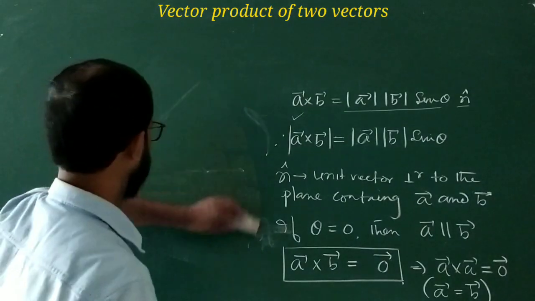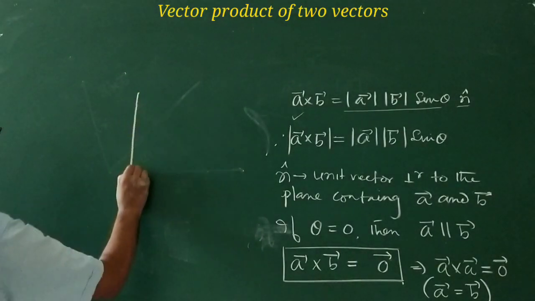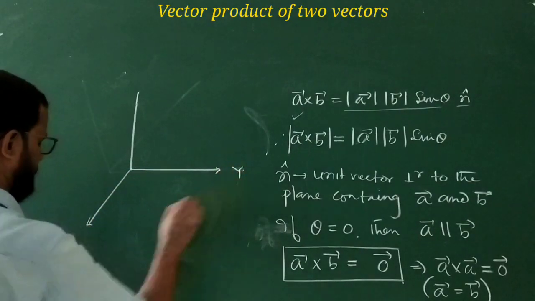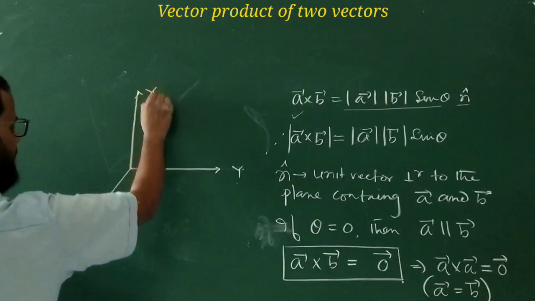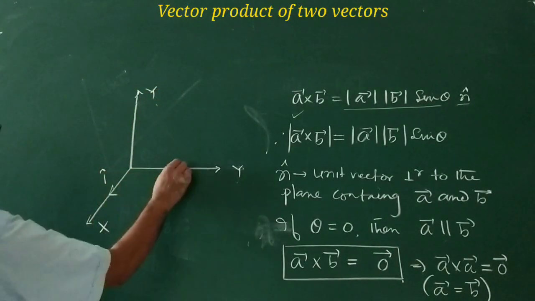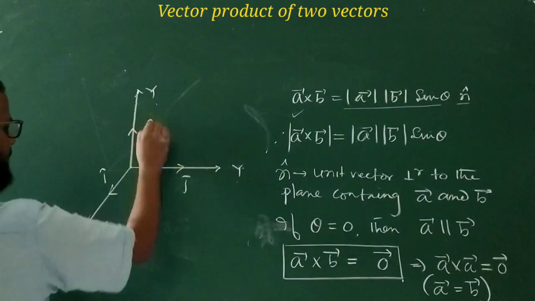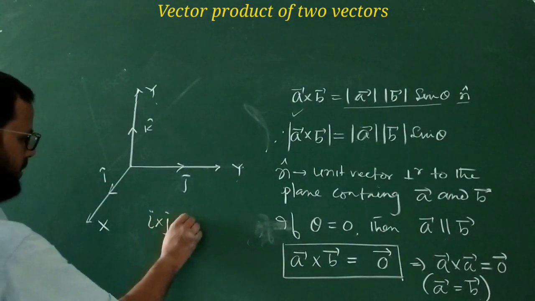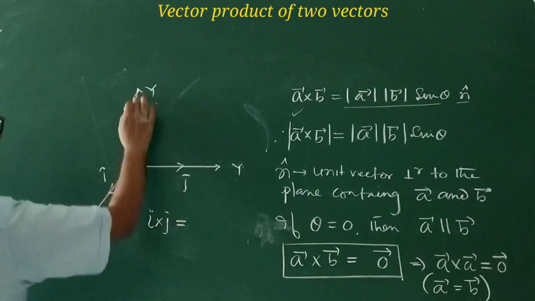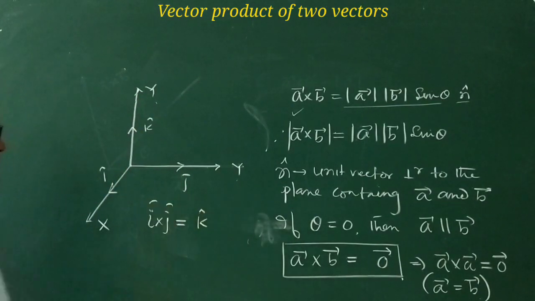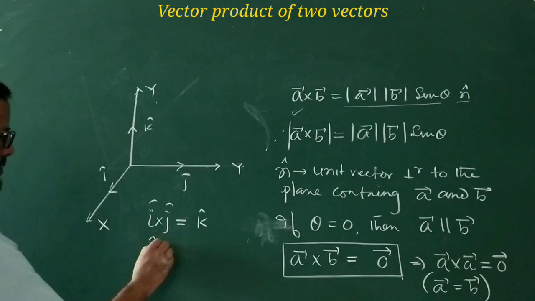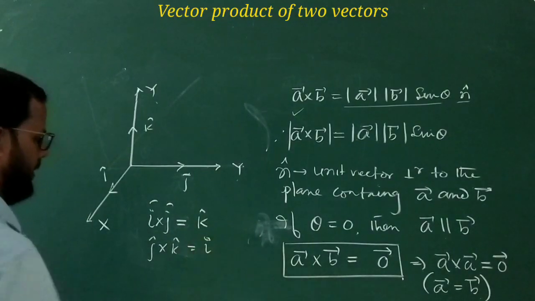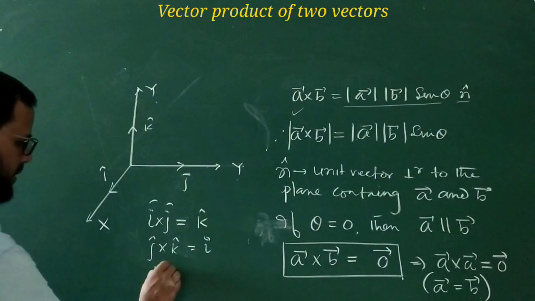Now you see, this is a coordinate system, and here this is the unit vector along this, i cap. This is j cap, and this is k cap. Now, what is i cross j? The vector perpendicular to i and j is k, so it is equal to k cap. Similarly, j cross k equals the vector perpendicular to j and k, which is i cap. So this is equal to i, and also k cross i equals